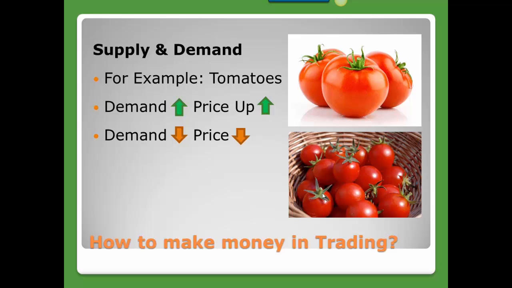However, let's say 10 different people wanted to buy the tomatoes and there was only one stall and only one person selling tomatoes, and they only had 3 tomatoes. Then you would have more customers wanting the same item, which in this case is the tomatoes. Now the shopkeeper has different options. He can sell the tomatoes to 3 of the customers for a reasonable price, or he can say, well, I have a lot of customers wanting this, and there will be some who are willing to pay a higher price. So he raises his price. Let's say he was selling tomatoes for $2 a pound. He decides to raise his price to $4 a pound.